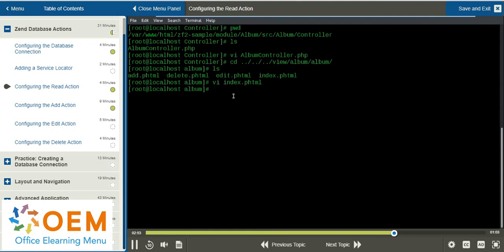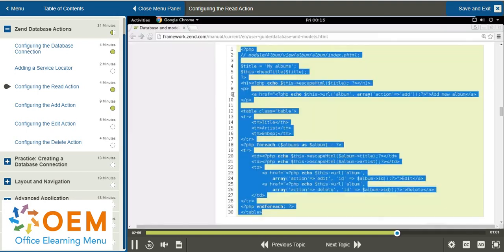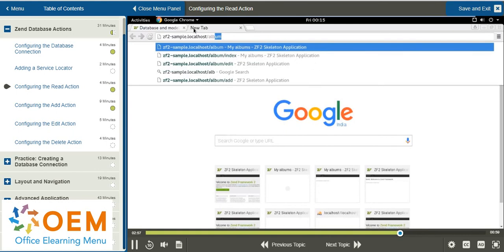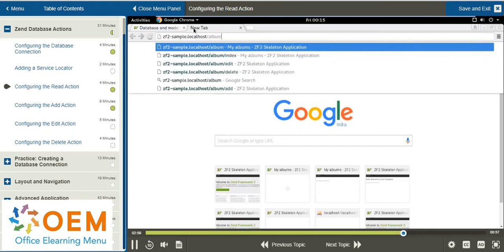And now let's check our output in the browser. ZF2-